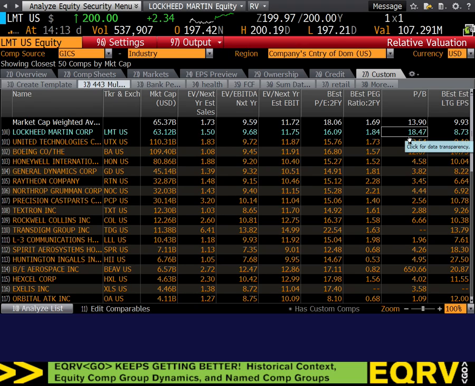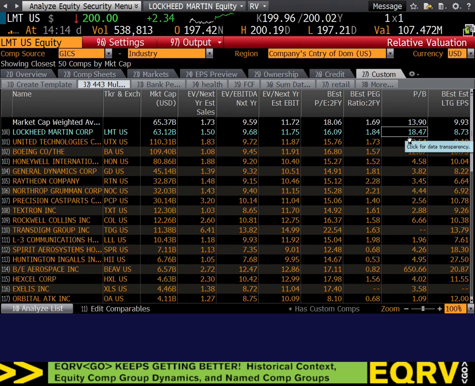Well, here's the thing. The accountants don't let you write up the value of your pension assets. So in 2008, they wiped out a bunch of equity. Market value of Lockheed Martin's gone up dramatically. Equity value is almost non-existent because they wiped it out. They can't write up the value of the equity, so they've got an extreme price to book. So in this case, the price to book's not high because of their spread. In this case, it's because of an accounting distortion.